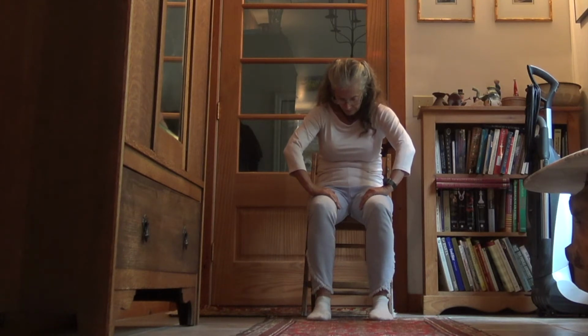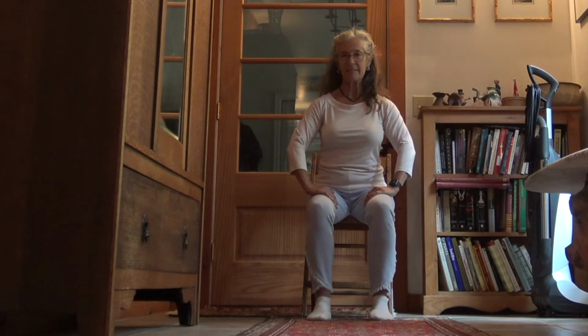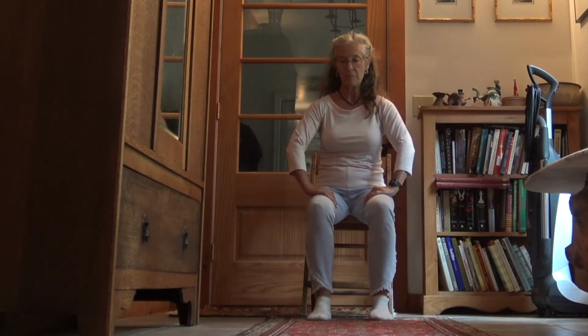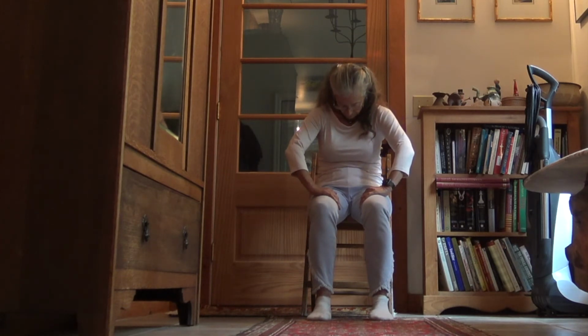We're going to keep the elbows out and we're going to bring the back up and up and up, just like a turtle that comes out of its own shell. The elbows stay out all the time. Forward and exhale, round the back, lower the head, and inhale,